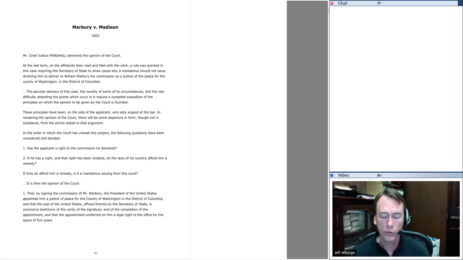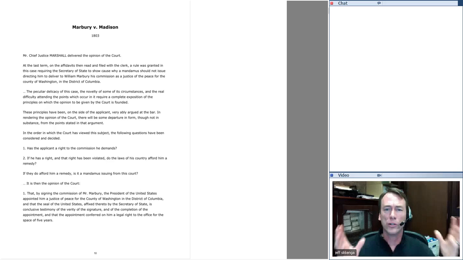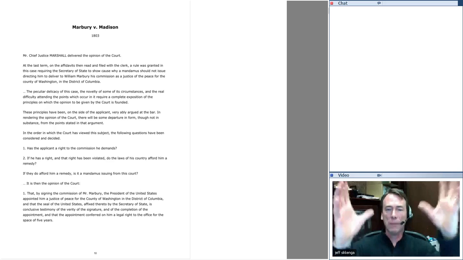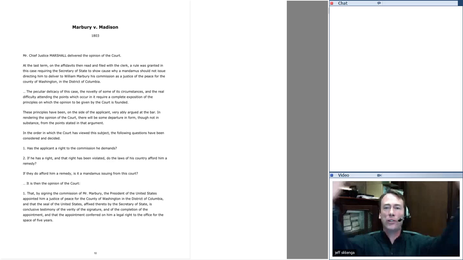Those of you who have been to the United States Capitol, you know it doesn't have a building. It meets in the basement of essentially the Senate, and has to share a room with lots of other people who are doing other things for the legislature. It's a kind of strange situation today to us. If you take your students to D.C., you go to the Supreme Court building, and there's this kind of Greek temple where these gods sit back in there and preside. It wasn't like that at all in 1803.